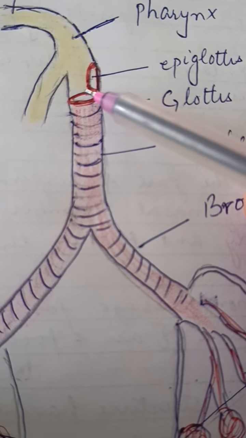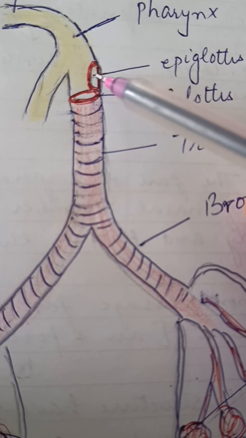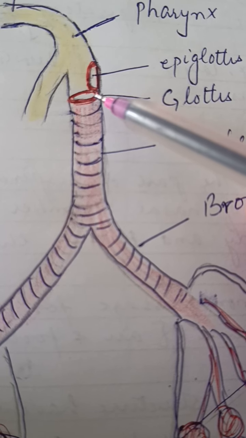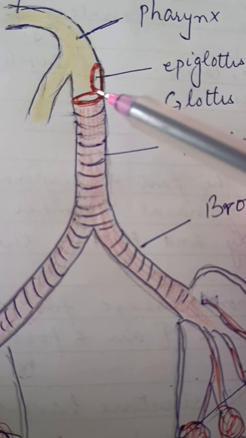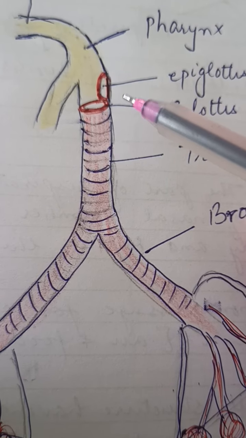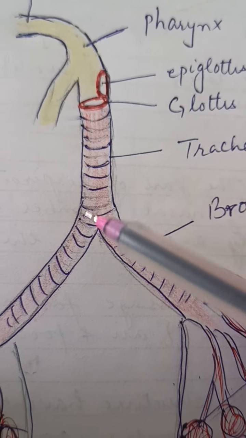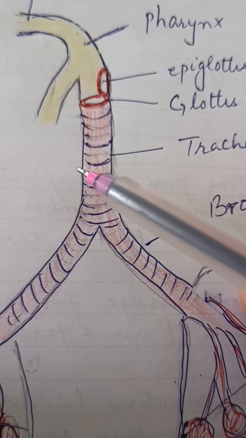और इसी वजह से this glottis is covered by the epiglottis only for a few seconds during swallowing of food, and that is the reason when we swallow the food we do not breathe. हम सांस नहीं लेते हैं जब हम food को swallow करते हैं. Okay, now the air enters the trachea. This is the trachea, and this trachea is supported by cartilaginous rings.